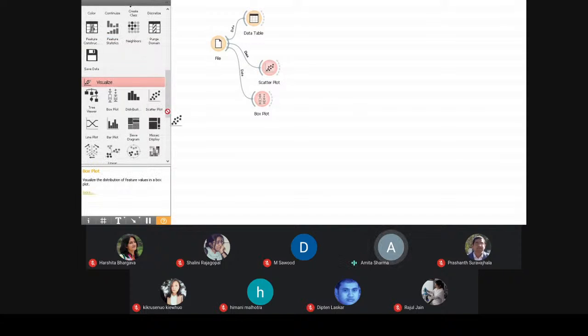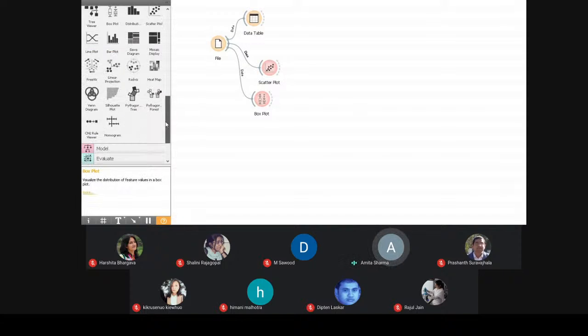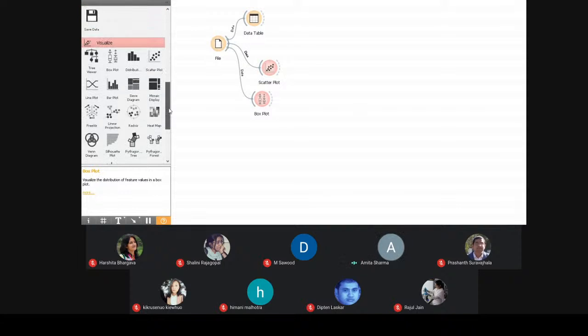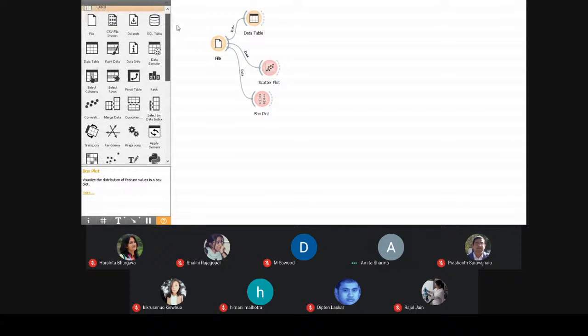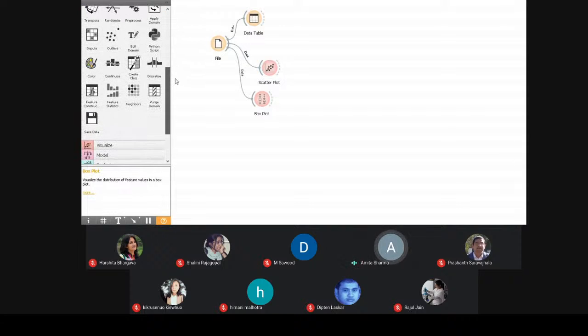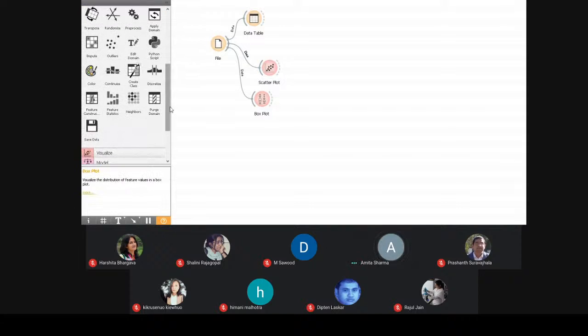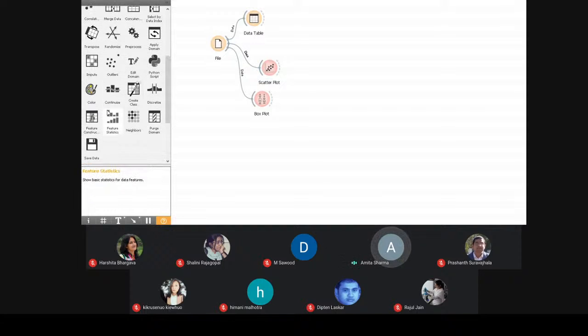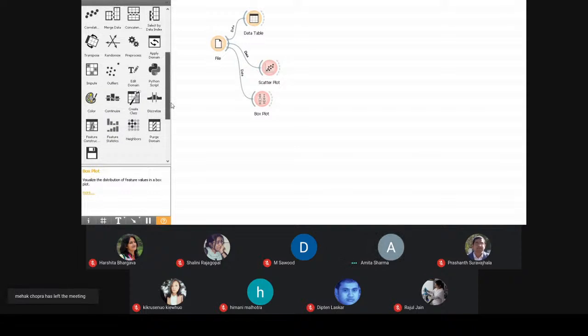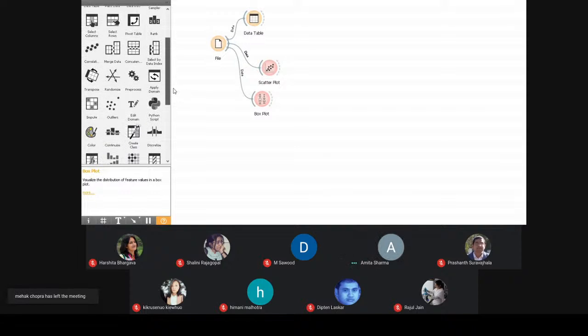After this visualization, you have many other visualizations also. But it depends upon your case study, what kind of case study you have taken, then you can select the particular visualization. In the data widget, we also have the feature construction option where you can construct your own feature. And also we have feature statistics where you can simply analyze your features.